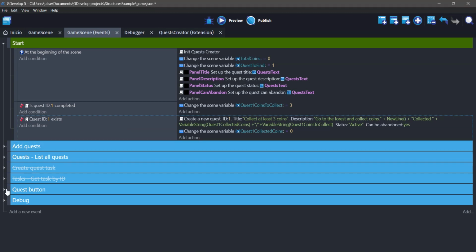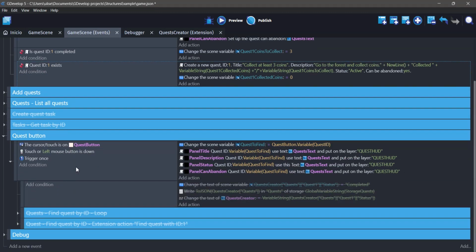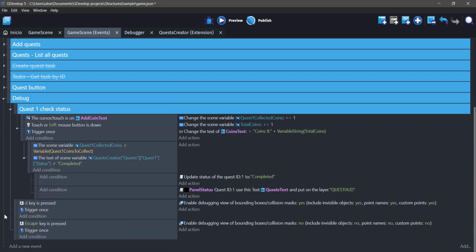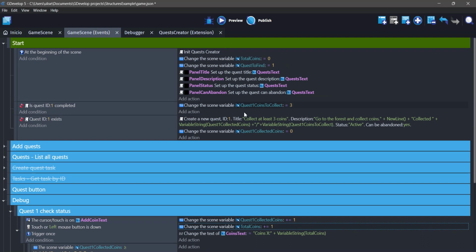And here I have a button. If it's pressed, no, this is not here. If the add coin is pressed, we add 1 to the collected coins and 1 to the total coins. When we reach 3, which is this,